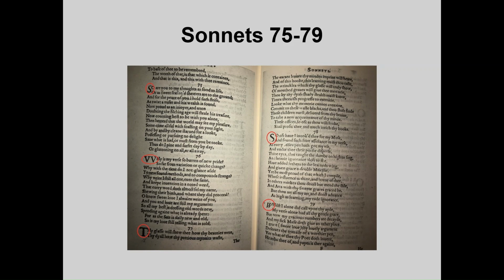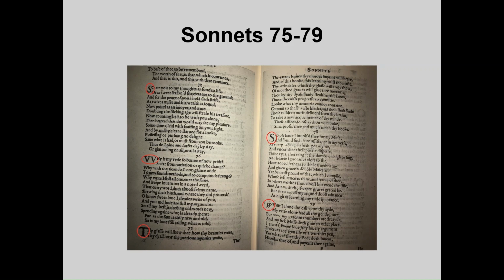The gematria value of S is 18, so the 40 of double V plus S translates to a 58 on either side of Sonnet 77. Add the gematria value of T, which is 19, to 58, and the result is 77. So clearly intentional. And with the italicized W of Sonnet 79, using the Elizabethan version of gematria, the value of